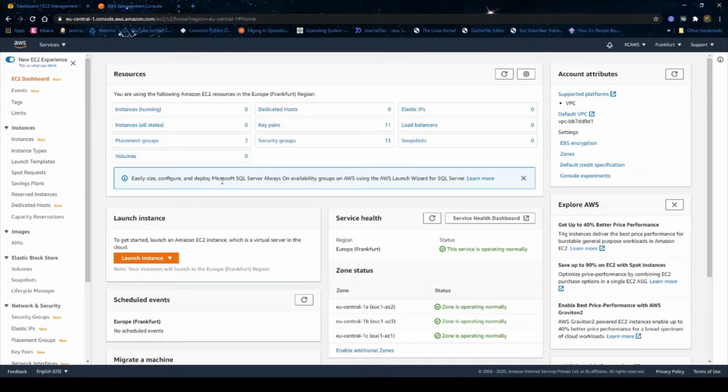In order to create an instance, there are two ways. One, you can create an instance using the launch instance wizard, where you have to feed in all the information. Another is launching an instance from a template, where you create a template with all the required configuration and use that template to create any number of virtual machines you want at any point of time. You need not enter everything every time. Having said that, let's begin with creating an instance.